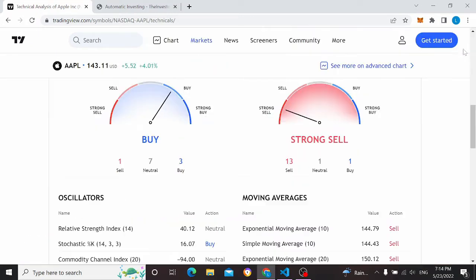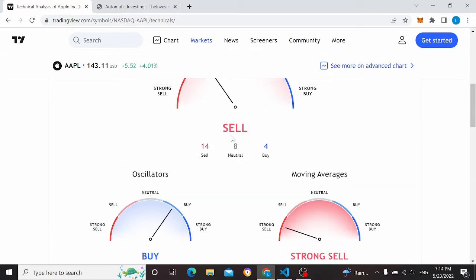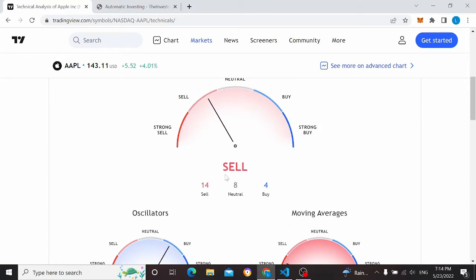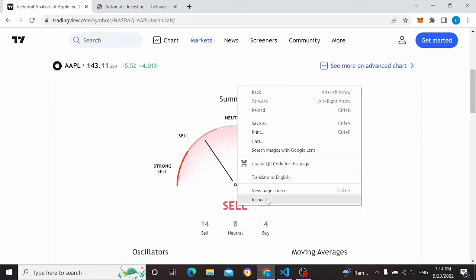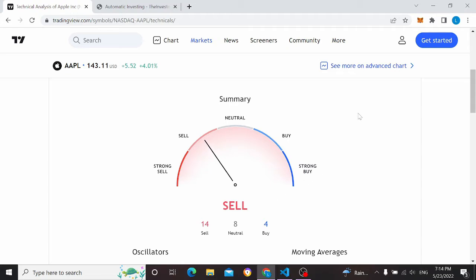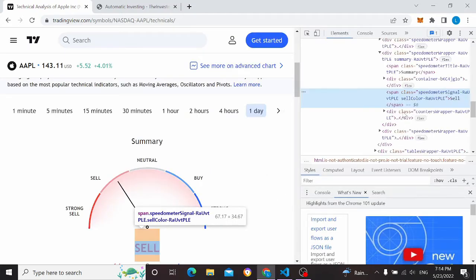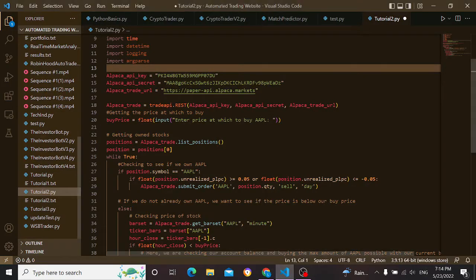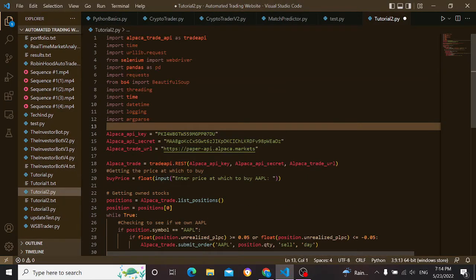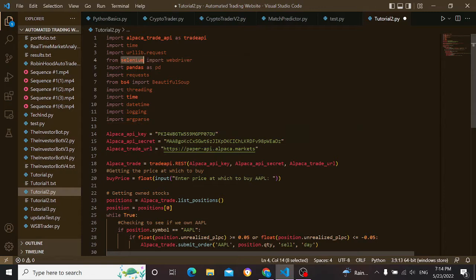But that's just a handy trick to know, so you don't really have to go digging through everything. You can just say, okay, I want this, whatever this is, and I'm going to inspect that, and it'll give me the HTML all around that. So from here, we're going to be using Python with a headless, I use Selenium as my